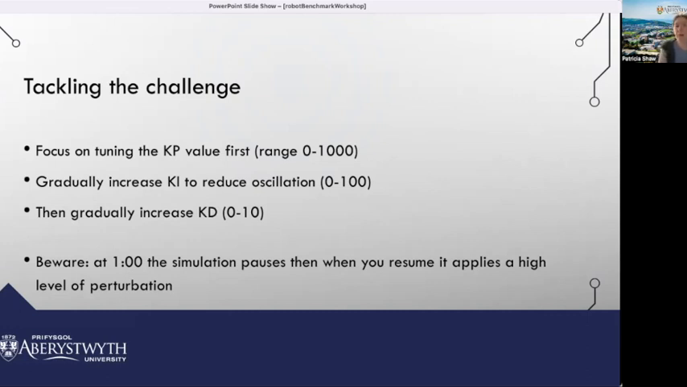But hopefully using that approach will enable you to get pretty close to that 1 minute mark and have a reasonably successful